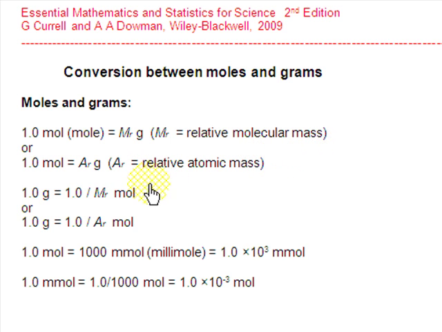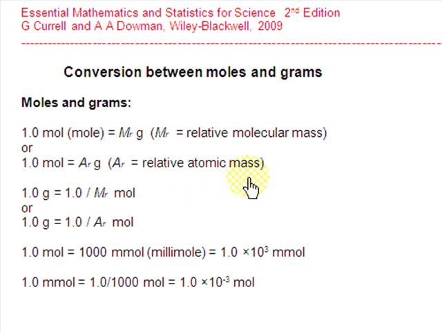And similarly, for an element, 1 mole of an element is equal to a mass AR in grams, where AR is the relative atomic mass. Taking the inverse of these relationships, 1 gram of a compound will equal an amount in moles given by 1 divided by mR, the relative molecular mass. And similarly, for an element, 1 gram will be equivalent to an amount in moles equal to 1 divided by